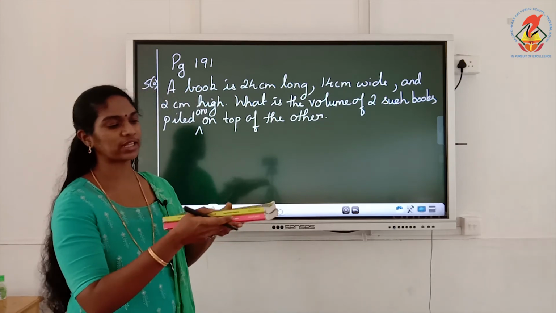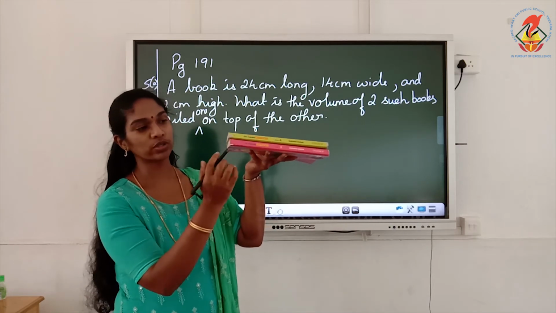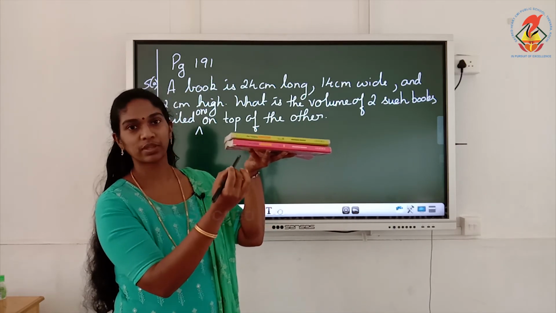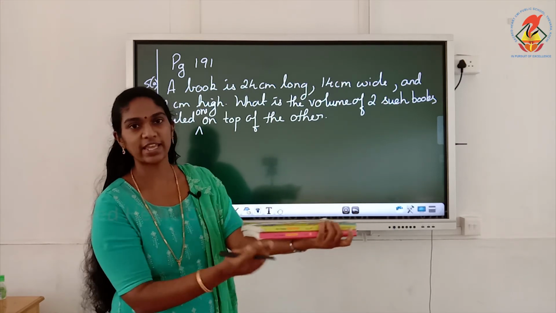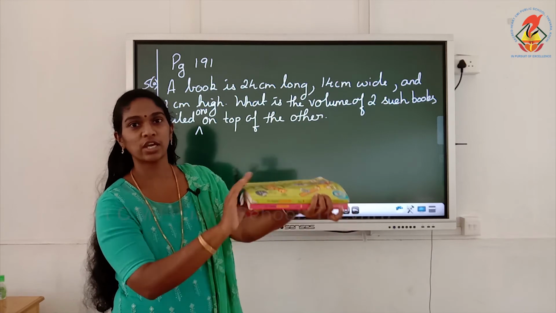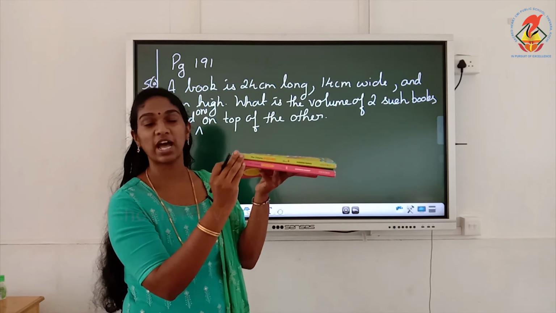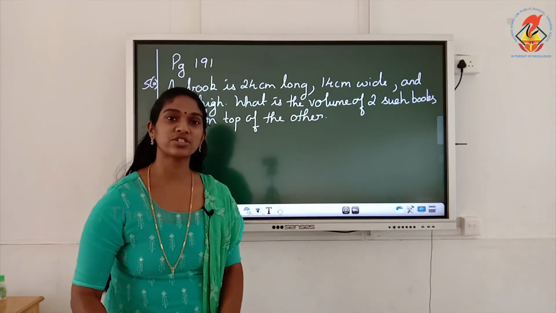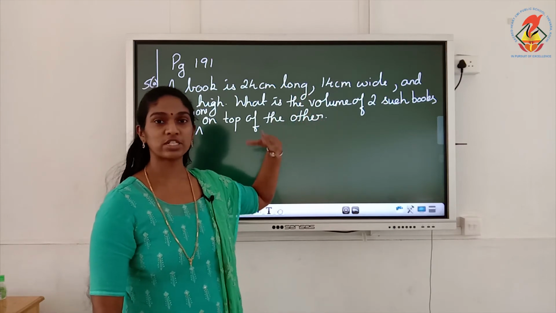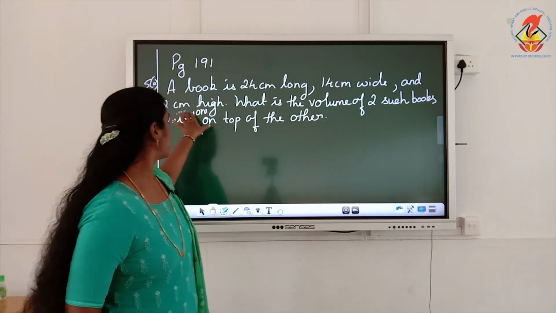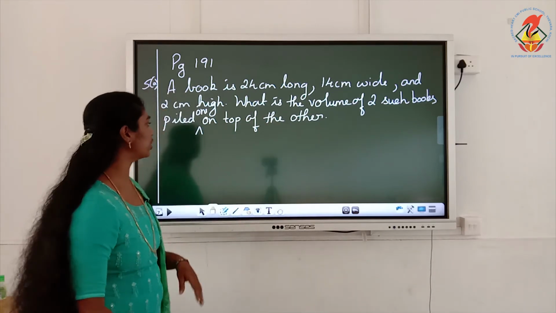Or you can do one thing. They have already told that both the books are placed one on top of the other. So see the height, children. Now both together have become a cuboid, isn't it? So this is the length, this is the breadth. What about the height, children? 2 plus 2 it becomes 4 centimeter. Height becomes 4 centimeter. So together you can find out the volume of 2 such books. Instead of writing the height as 2 centimeter, you can write it as 4 centimeter. You will get the volume. Okay. So however you want, you can do it.